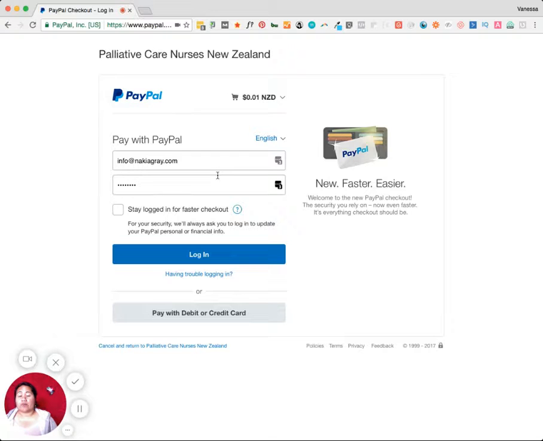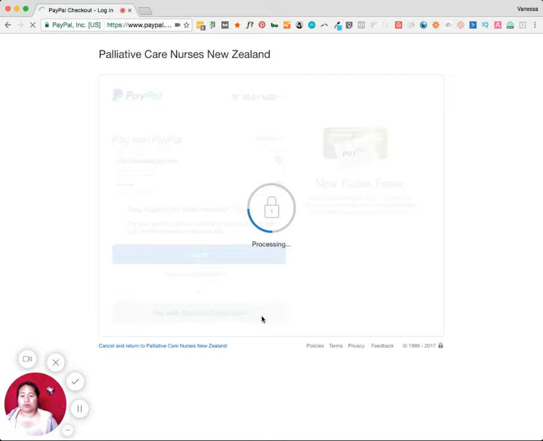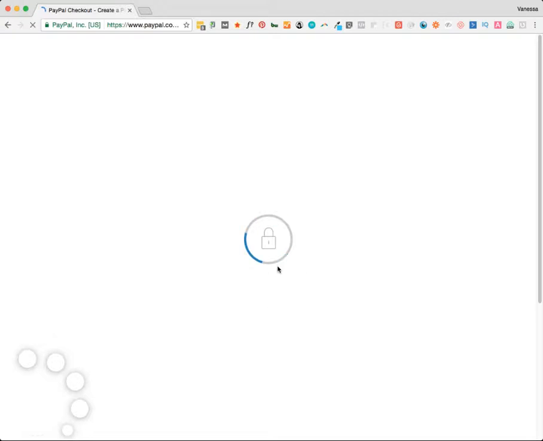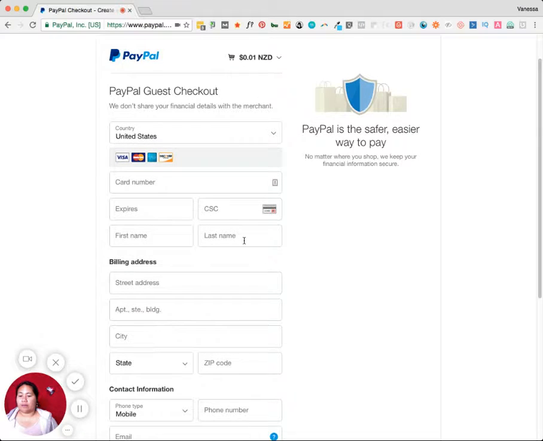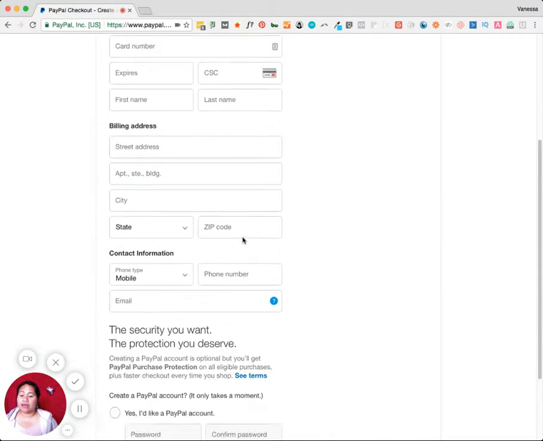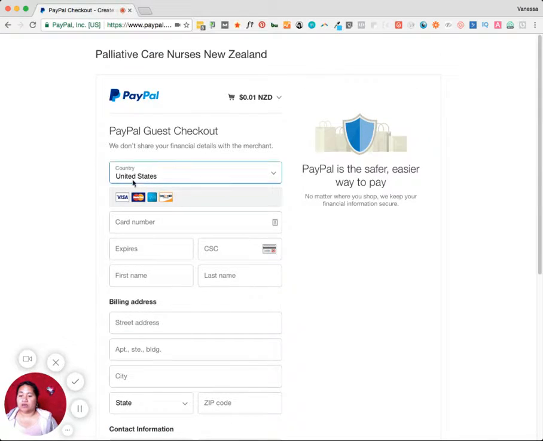So for this demonstration, we are going to choose the one down here where, let's say you don't have a PayPal account and you are wanting to pay with a debit or a credit card. So if we were to choose pay with debit or credit card, it will take us through. Now, it will give you a bit of a form as well to fill in,